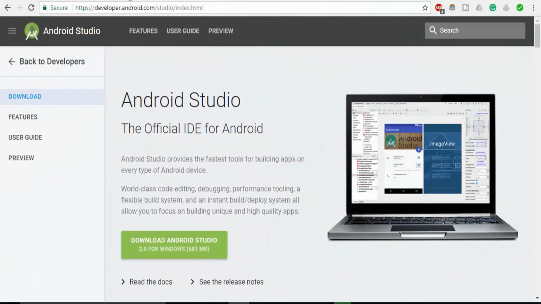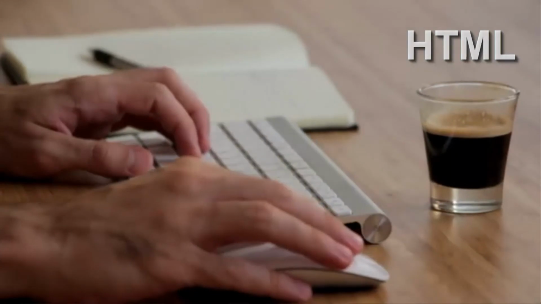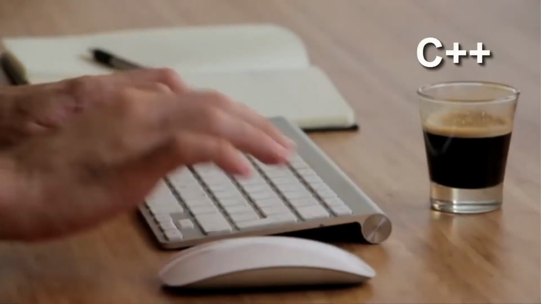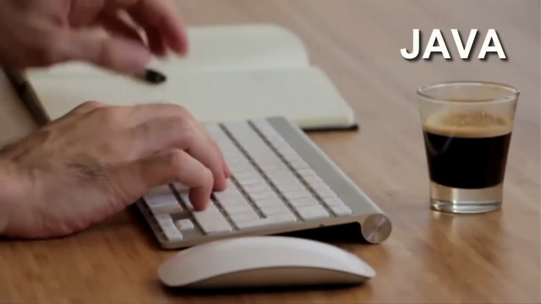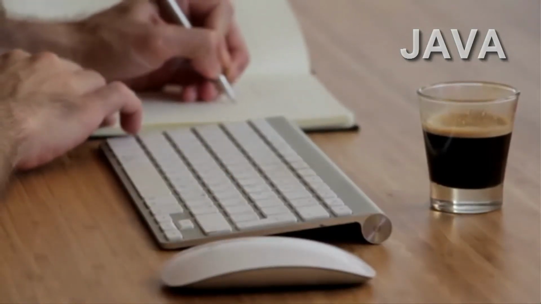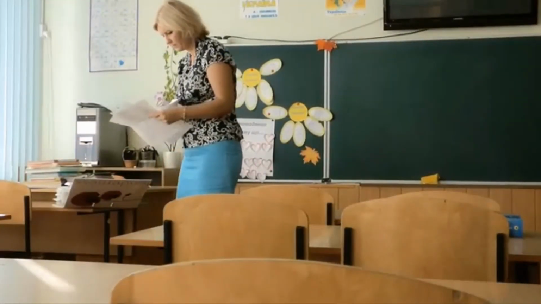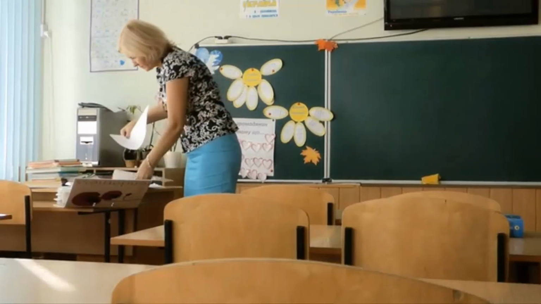Alright, so why did I talk about Java in the Android series? Because we are coding in Java inside Android Studio. So whatever tutorials you have been watching are in Java. There are other languages too. You can create an application with HTML, with C++, or with Java, which we are going to use. And if you know Java, there's like 90% or something like that which use Java. But the point is, why I'm focusing on Java most of the time is